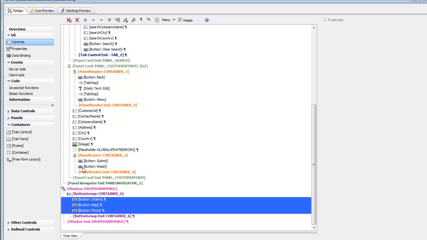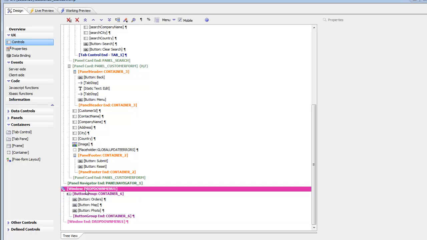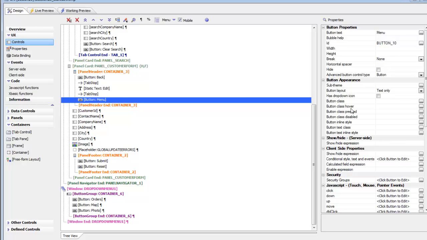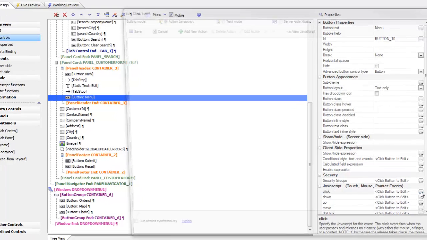So at this point now we've added this window. We haven't actually defined the properties of the window, nor have we specified any code to cause this window to open up. So without first defining the properties of the window, which we'll do a little later on, let's go back now to this menu button that we added and add an event handler to this menu button to actually open up this window. So in the click event for the menu button, let's open up action JavaScript,